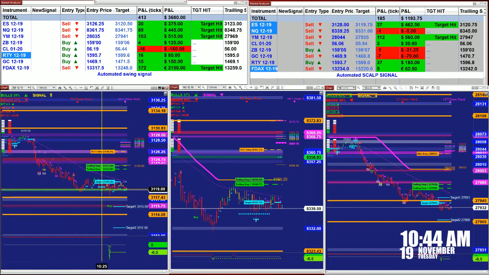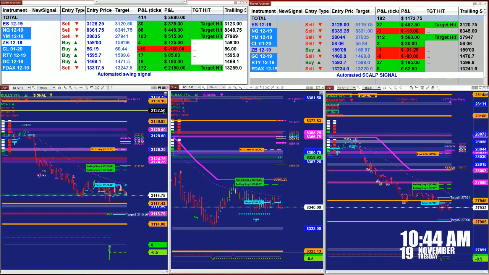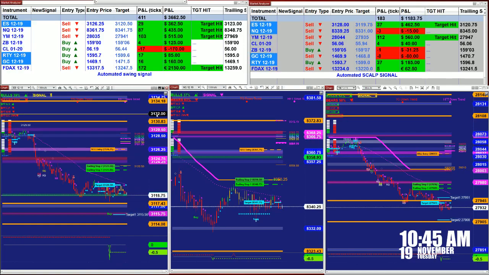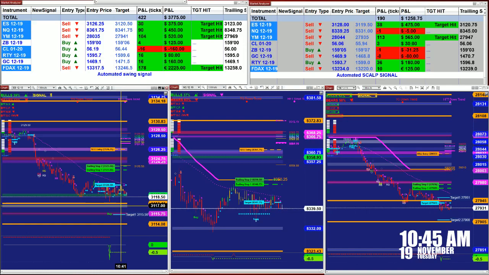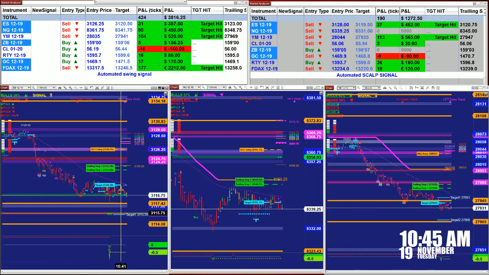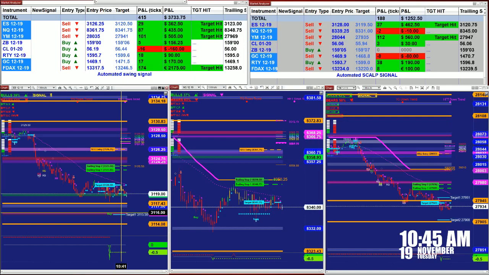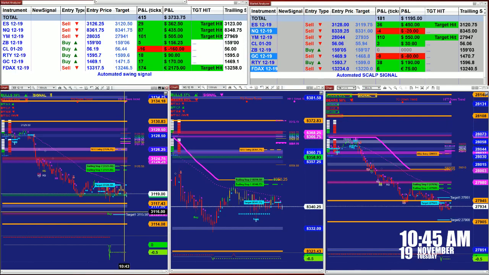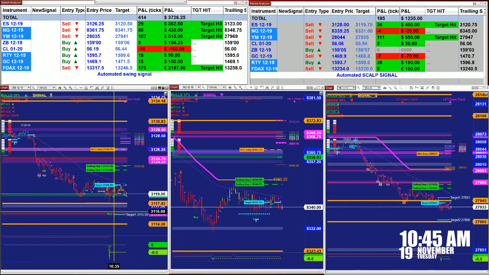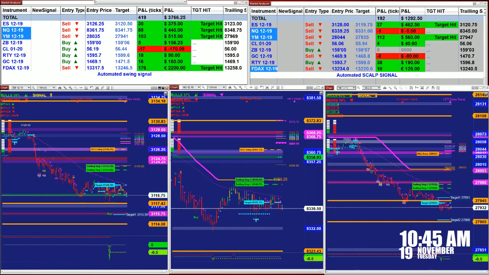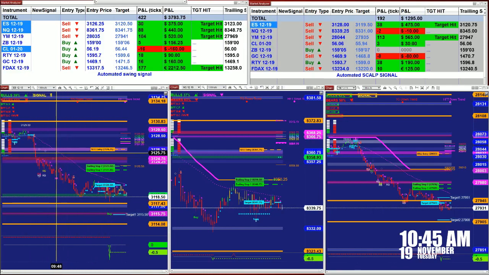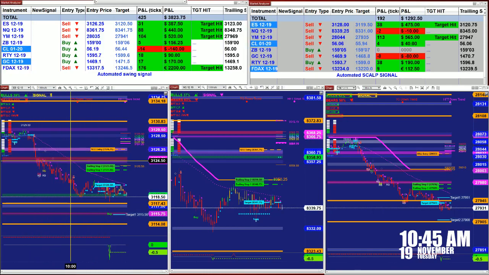ES is right in line now, and if we are going to drop a bit, we will be dropping at 17 level, final destination 16. So nothing has changed in the market. One of the things also, if we want to look at how this market is moving, we can see now